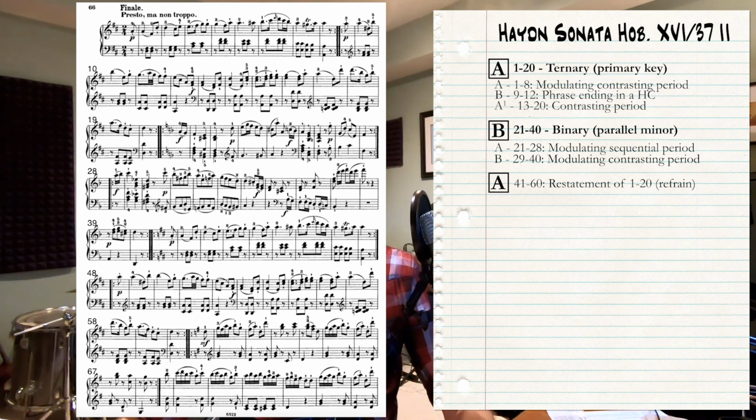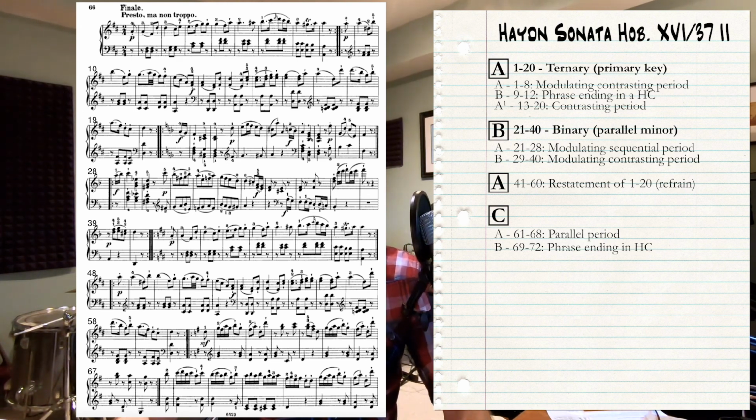Now, in measure 61, we start our new episode, and this one's in the subdominant key of G. From measures 61 to 68, we have just a simple parallel period. We've got a half cadence there in measure 65, and then a perfect authentic cadence there in measure 68. From measures 69 to 72, we have a phrase ending in a half cadence